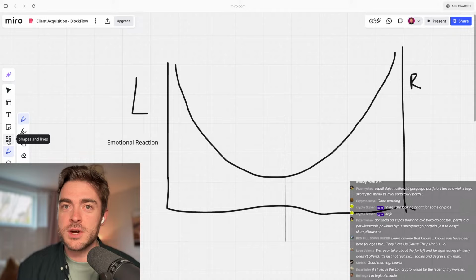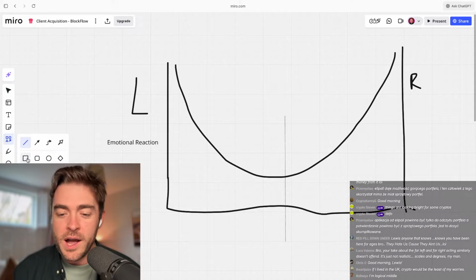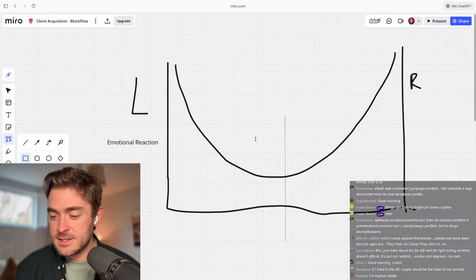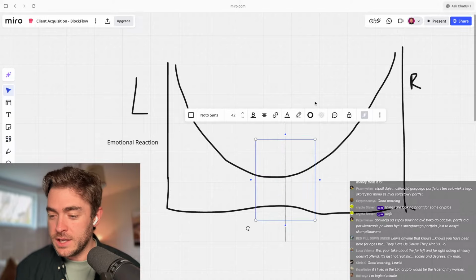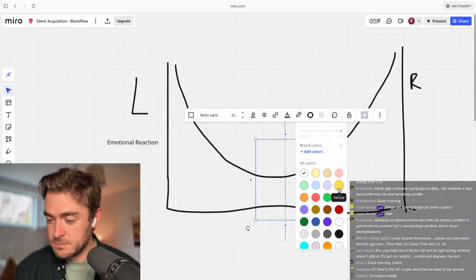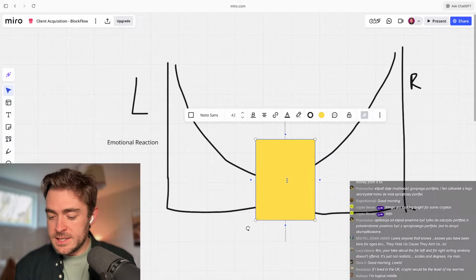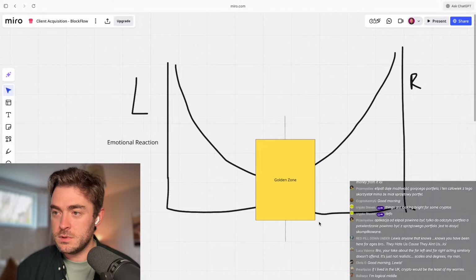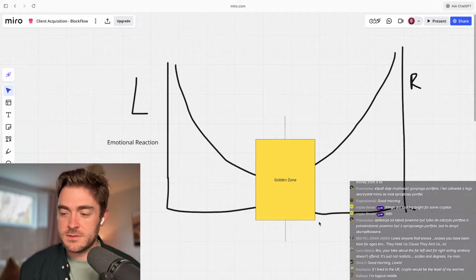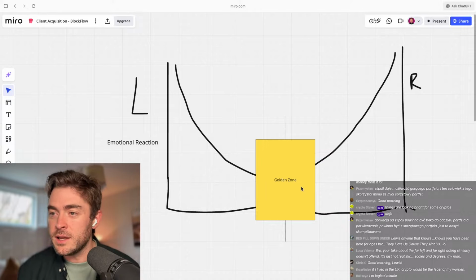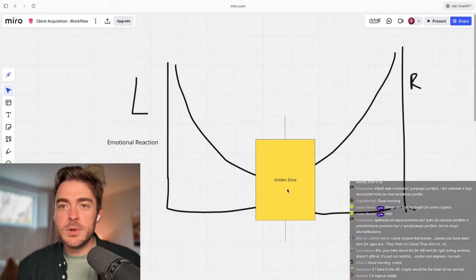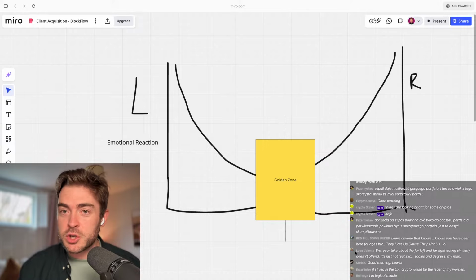But the golden zone is where I like to operate, in everything. So let's put this as gold. This is the golden zone. I like to operate in the golden zone. Stay emotionless, all of that stuff. I can hear a difference in opinion. I can hear an opinion over here far left. I can hear an opinion far right. And I'm just like, okay, I'm not going to react crazy to it. I'm in the golden zone here. As Bullseye said, I'm logical middle.